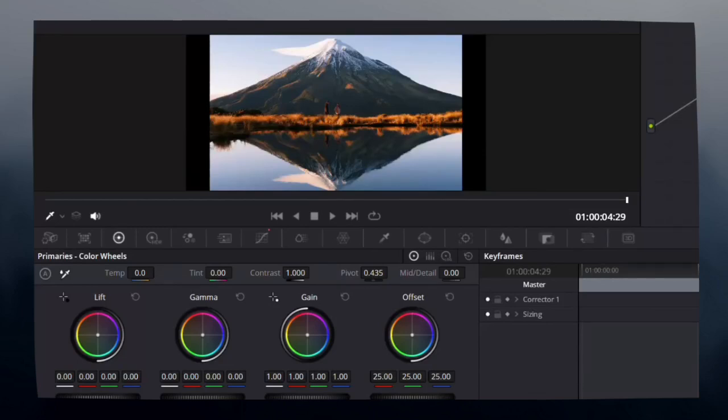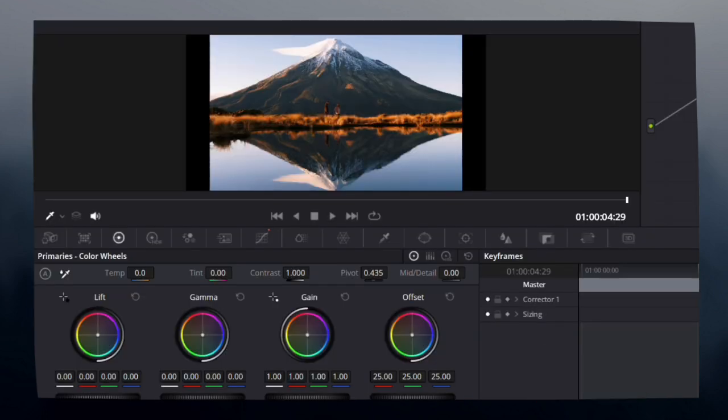Hi everyone, in this video I'll show you how to create an HDR, a high dynamic range effect in DaVinci Resolve. This effect enhances the contrast and colors in your videos, making them look more vibrant and professional. So let's get started. First, click on the Color tab at the bottom of the screen to access the Color